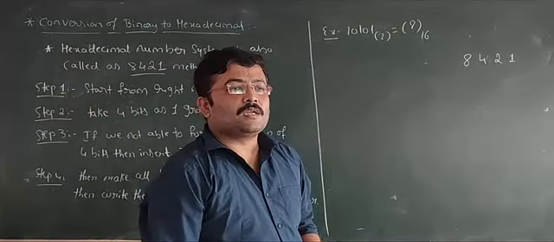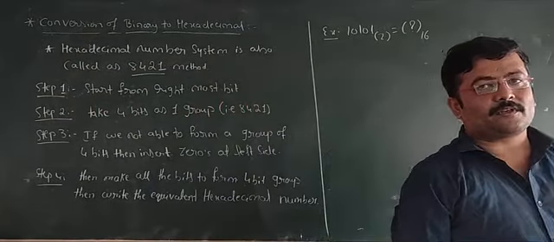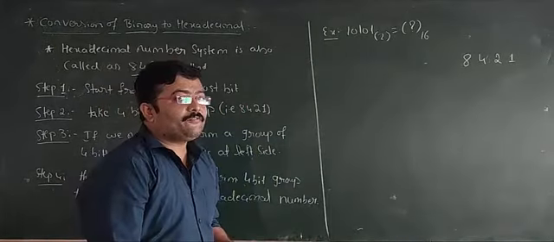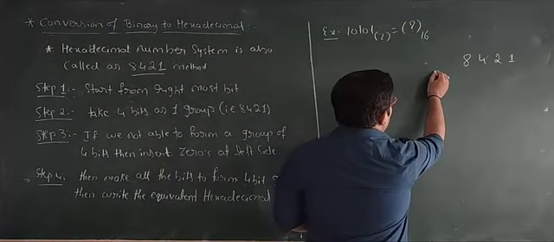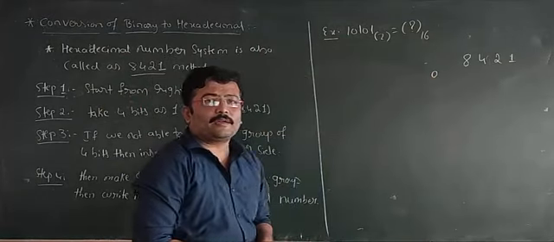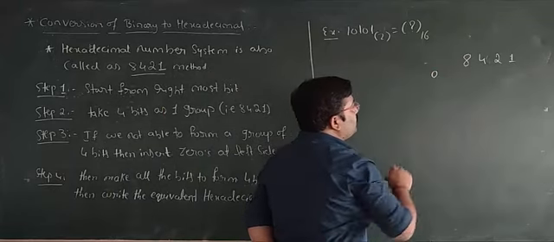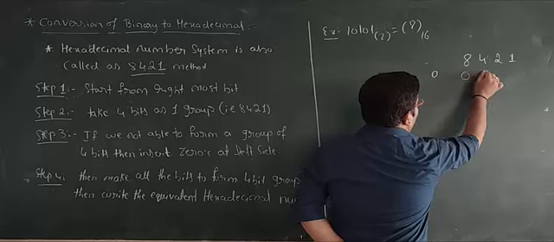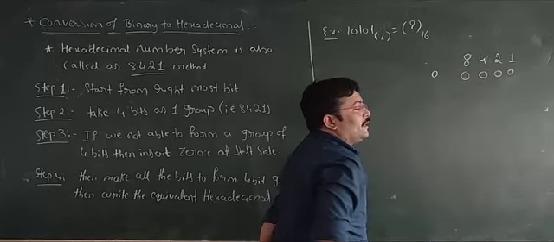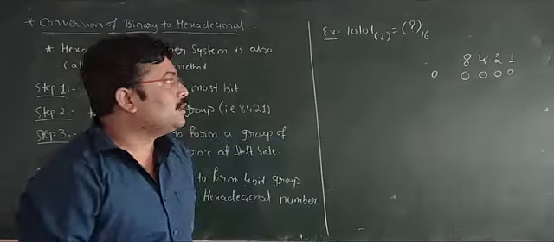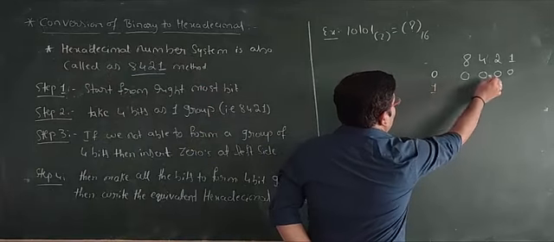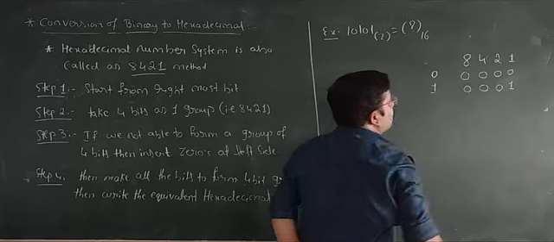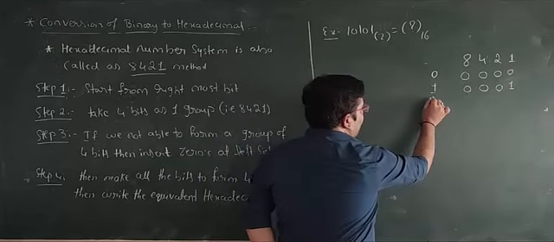The values under hexadecimal are 0 to 15. 0 is written as four zeros. Next, 1: in the one place we write 1 and all remaining places are 0. Then 2 is written as